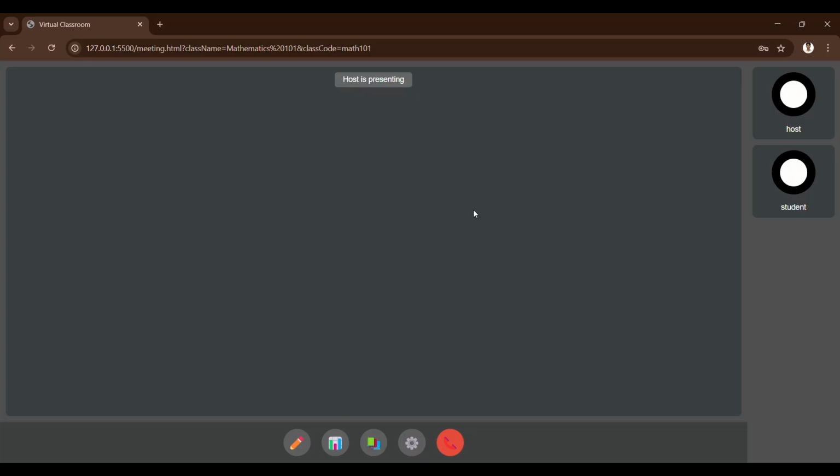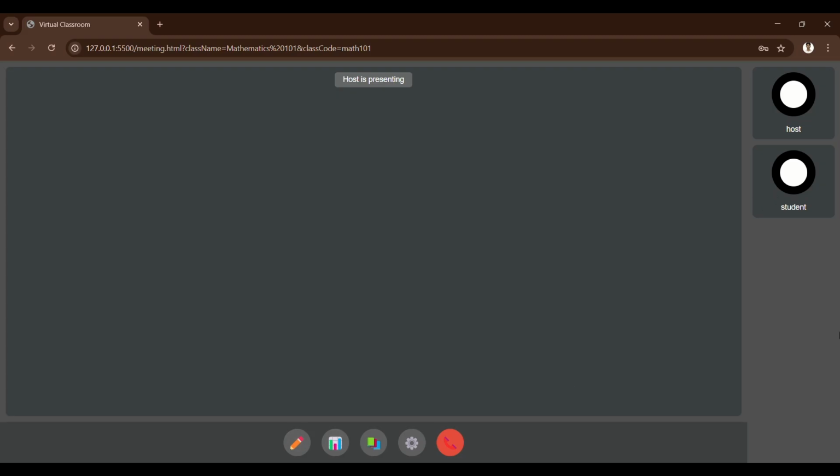And then here, it doesn't have any function set, so it's automatic and we'll be directed to the meeting layout. So in here, this is the meeting layout. You will see the host presentation, the host, and the student, which is the account that you have from your Smart Table Classroom.